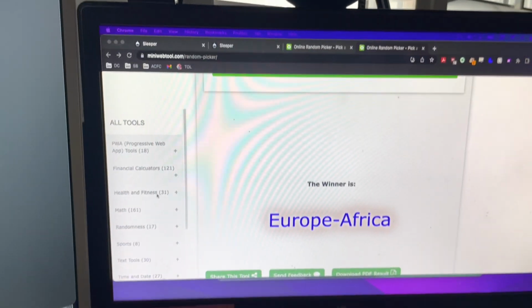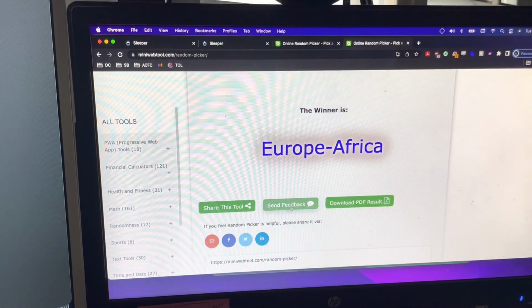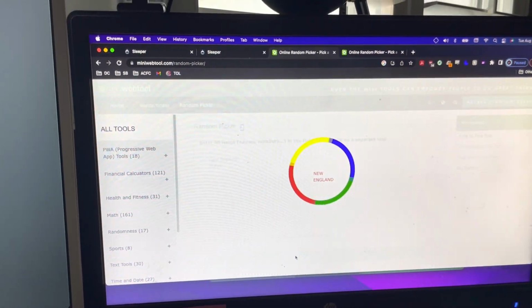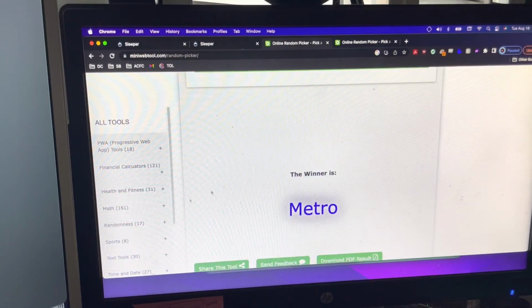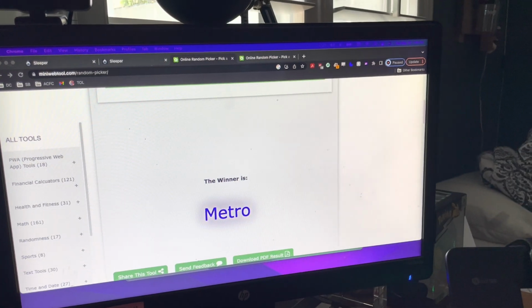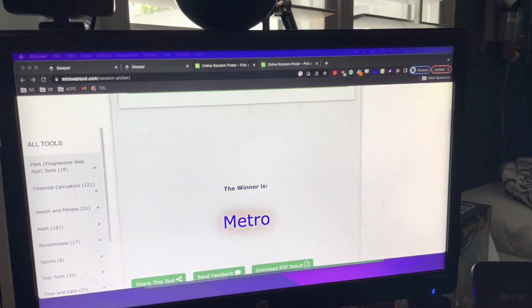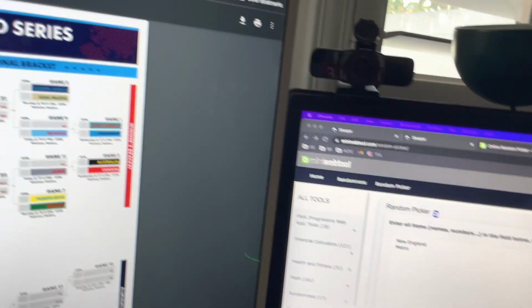All right, now moving on to me. I got Metro, which is in the first 8.